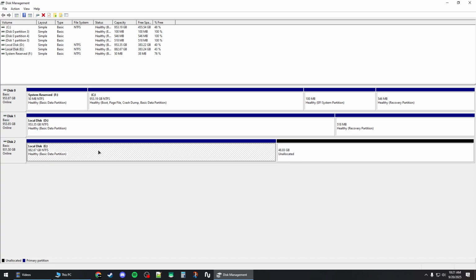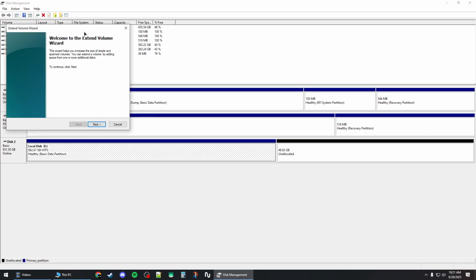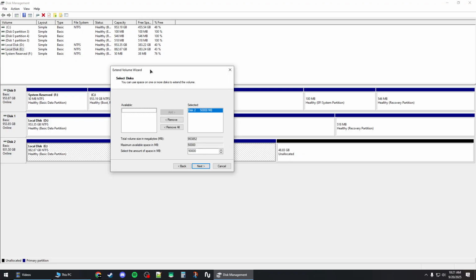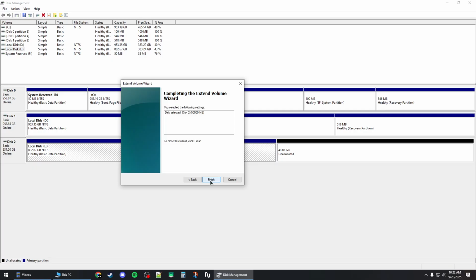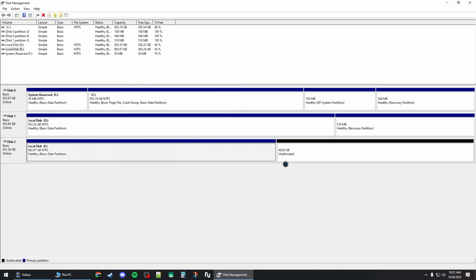Now, to merge it with the local disk E volume, you want to click on the E volume right here. Right click on it and then click on extend volume and then click next. Now you want to select the disk 2, which we removed earlier or formatted earlier, which is this one, the 50 gig. And then click on next and then click on finish,